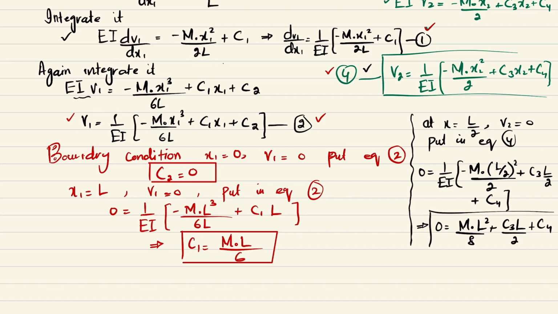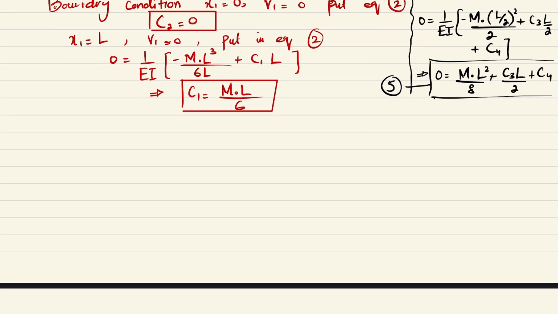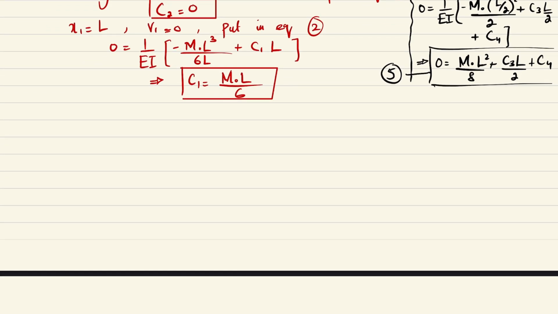So let this be your equation number 5. Now what we will do is use another boundary condition, and that boundary condition is the continuity condition. What the continuity condition says is that at x1 is equal to L or x2 is equal to L by 2, we